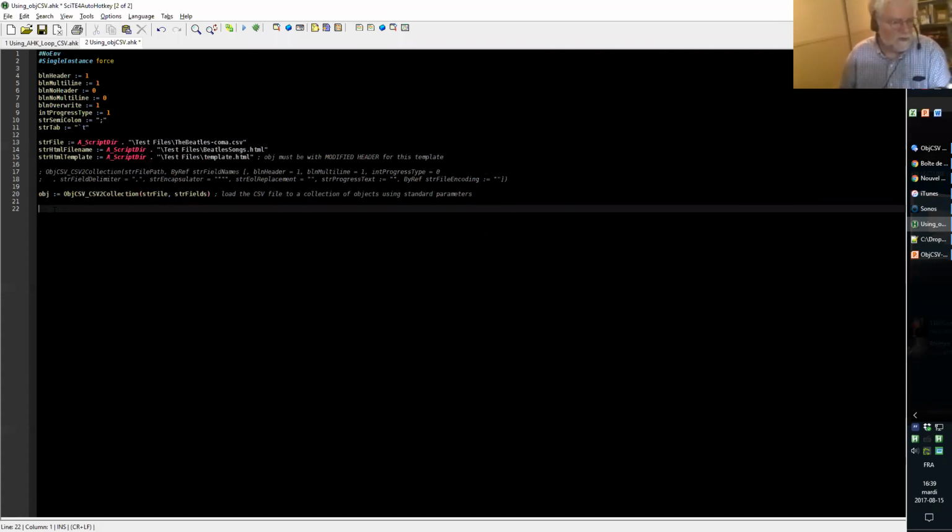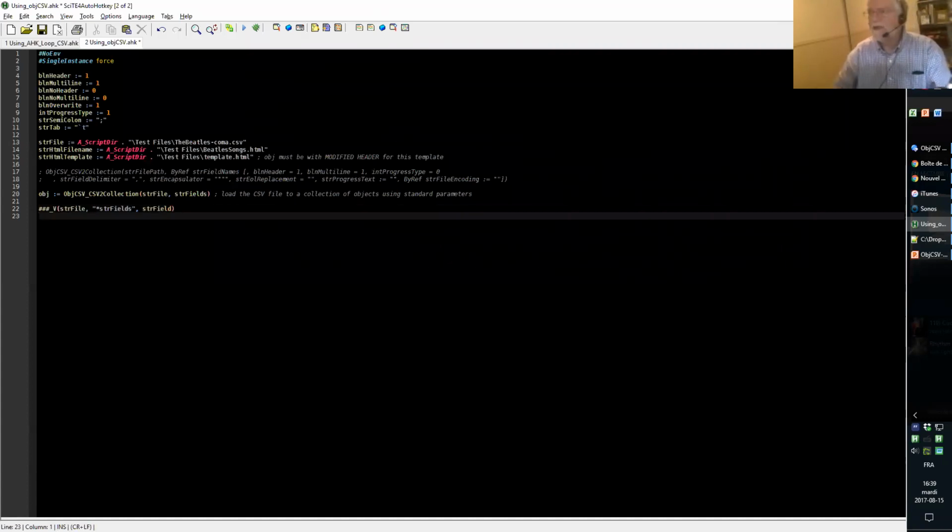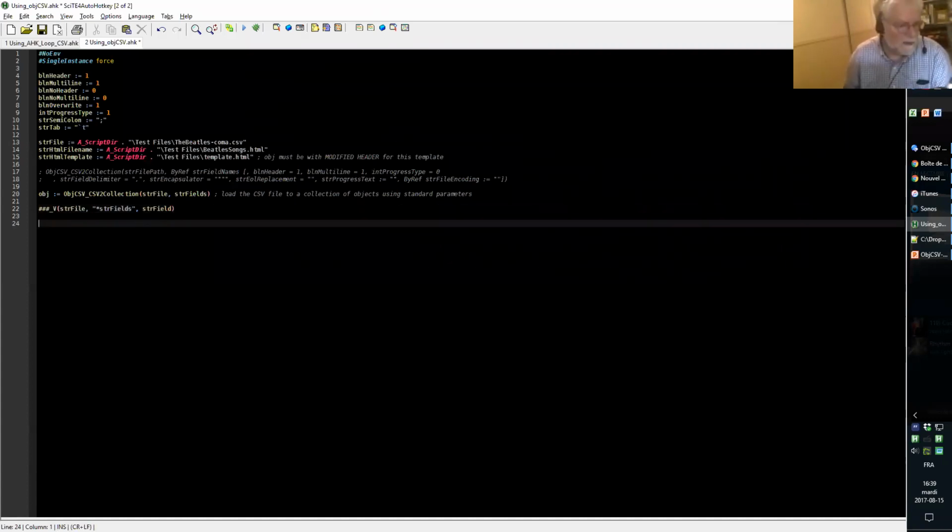To show what we have in this, I'll just write a little code. So this will show us what is the header that has been returned from the function. And I'll use another debugging function I have, which shows the content of an object.